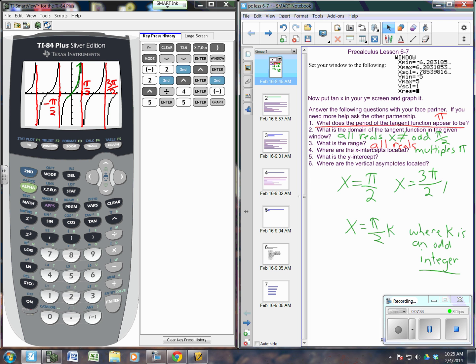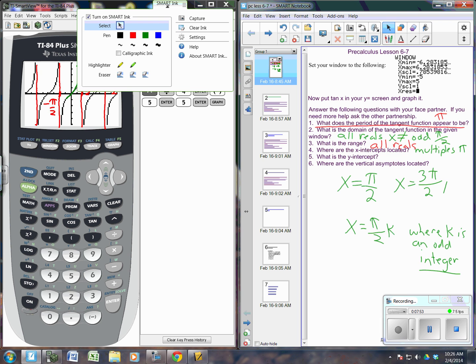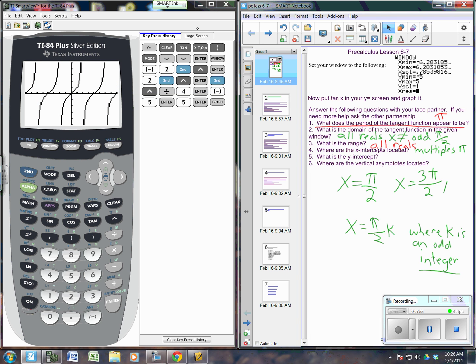Because you put in 1 times pi over 2, 3 times pi over 2, 5 times pi over 2, 7 times pi over 2. Does that make sense? So where k is an odd integer. Okay, so if you just keep multiplying by k each time, you get that. Does that make more sense to you now? Okay, do you understand what you're doing? Okay, because we are going to now do the same thing